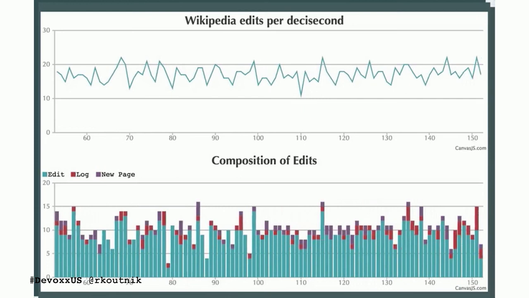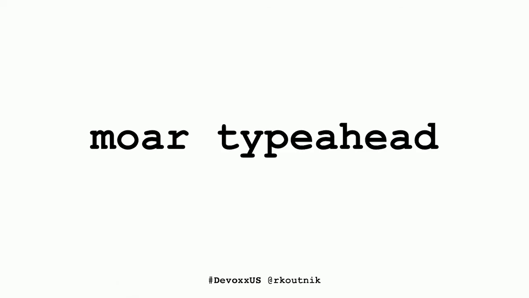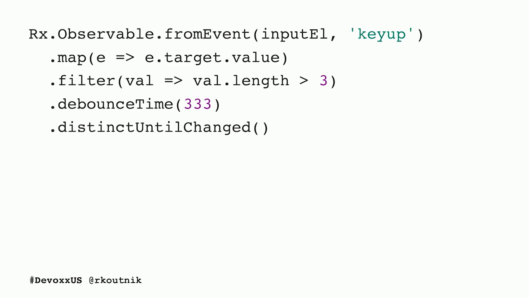So we got a few more minutes, a few more things to talk about. So let's look at that Typeahead example. Because, like any good programmer, it could be better. This is the first half. We added a few new things. We have our, again, the same thing, grab the input element, grab the value. But in this case, if there are fewer than 3 characters in the Typeahead, we probably can't guess what movie they're thinking of or what Stack Overflow question they want. If the query is A, simply saying, here's all the Stack Overflow questions that involve the letter A, will not actually help our user. So in this case, we'll say, let's hold off until there are at least this many